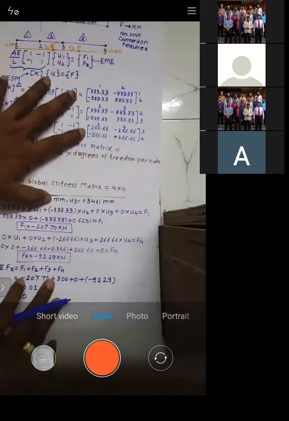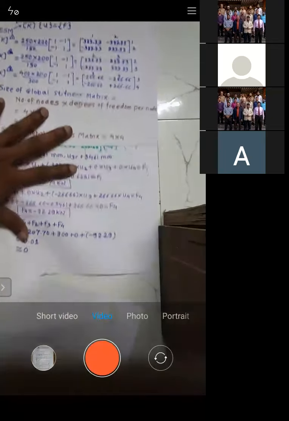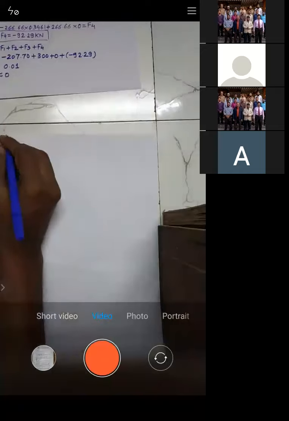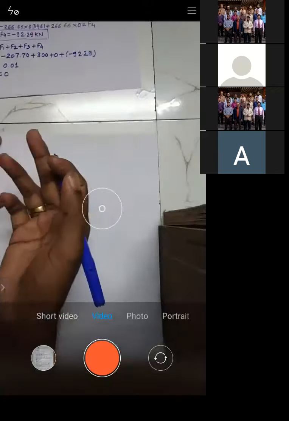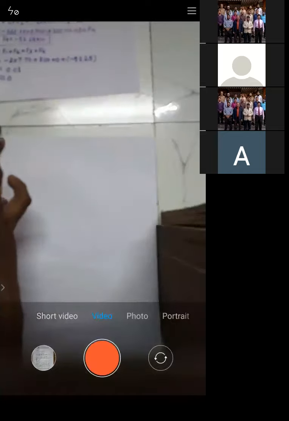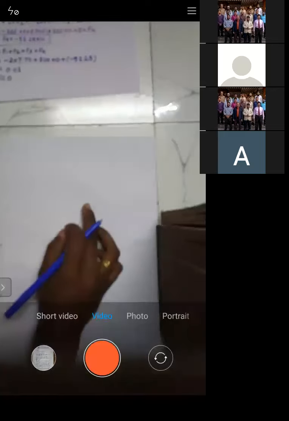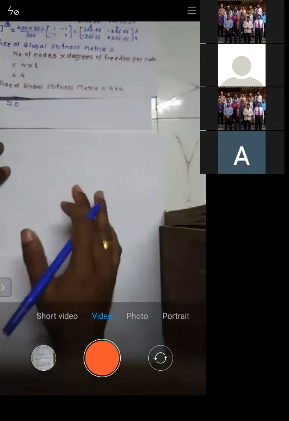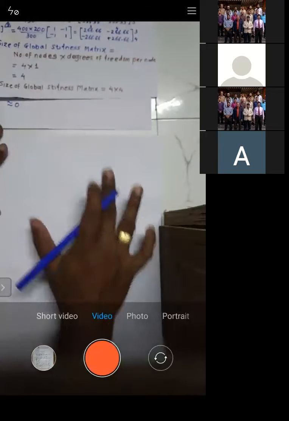So we will start now with the strain. Now see how to calculate strain. You can directly calculate stress also without calculating the strain. The relationship between stress and strain is E equals stress by strain. I will go into the detail of that, that is not an issue. If they're asking strain separately, we will initially calculate strain and then we will calculate stress. That is not a problem, right?